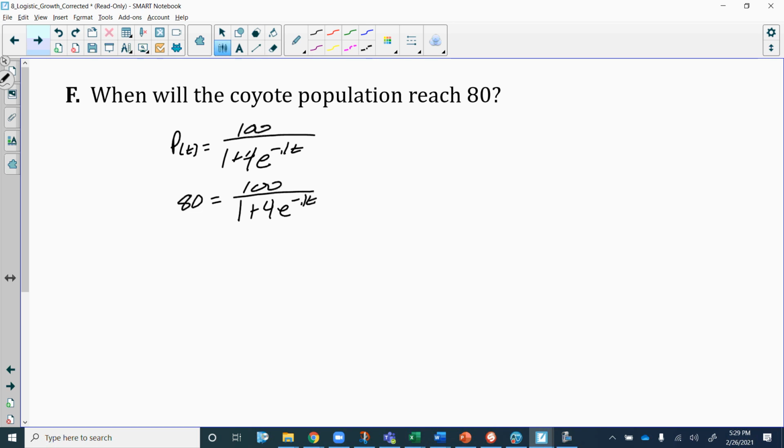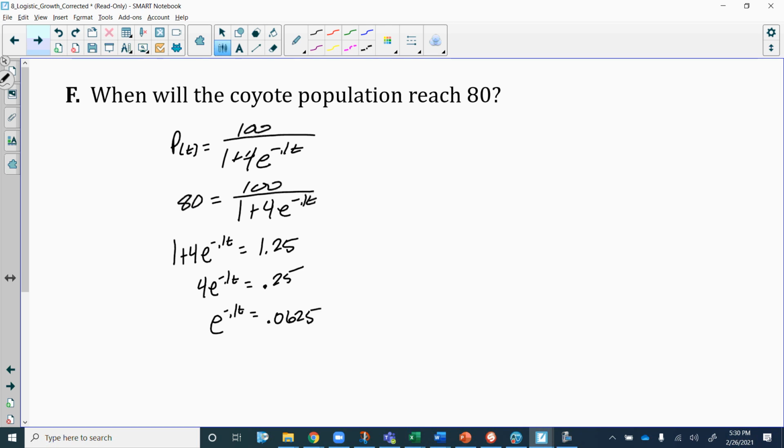Cross multiply, and we end up with 1 plus 4e to the negative 0.1t equal to 100 over 80, which is 1.25 as a decimal. Move the 1 over by subtracting, and I get 4e to the negative 0.1t equals 0.25, and then I divide by 4, and that gives me e to the negative 0.1t power equal to